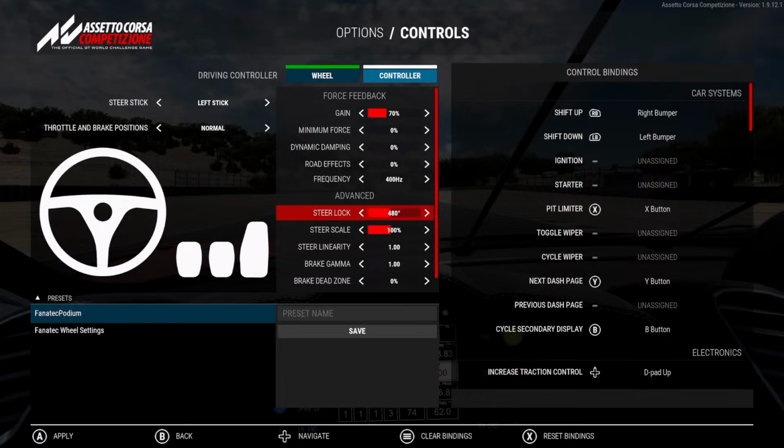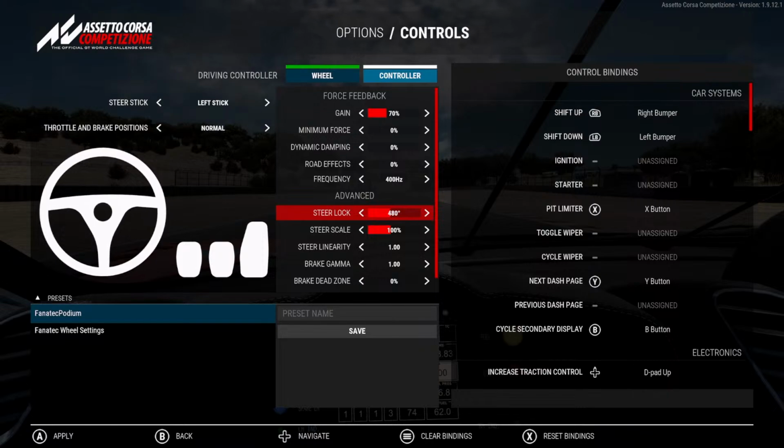480, and on my wheel, it's auto. It's locked. That must be new if it's locked because I've never seen that.